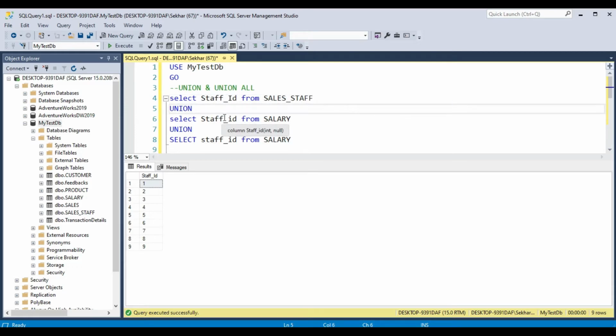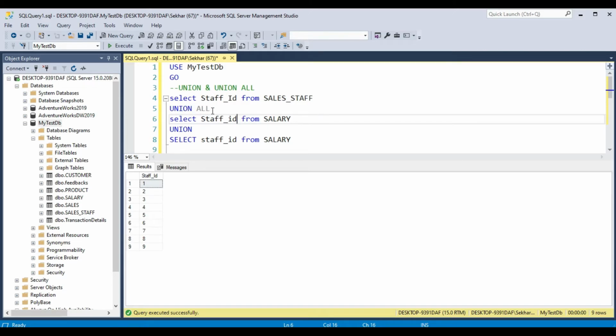What union all does is, for union all also you have to take the same kind of data. If the first column is int, the second column after it is varchar, here also the second should be varchar. If it is float, it should be float. The column data types should be the same, or it will throw an error, like it did in union.